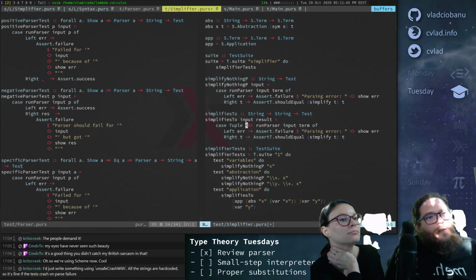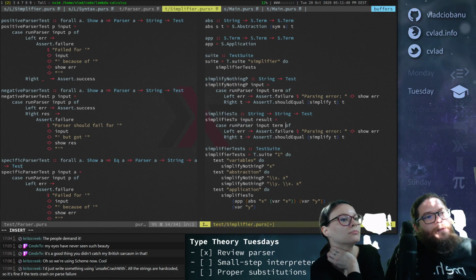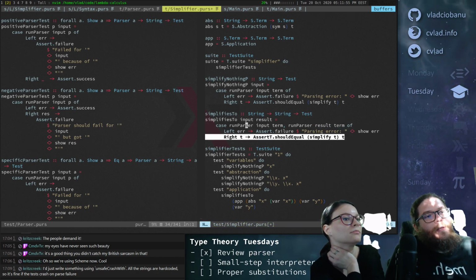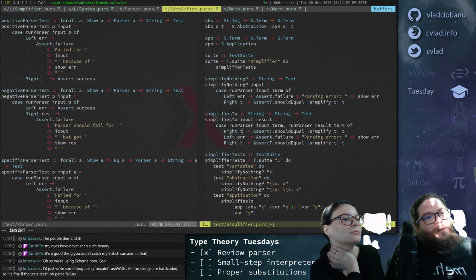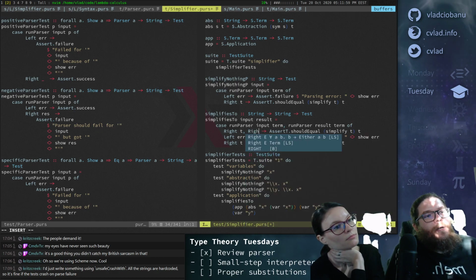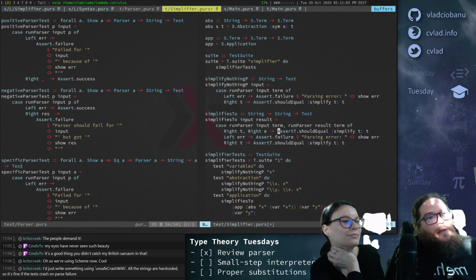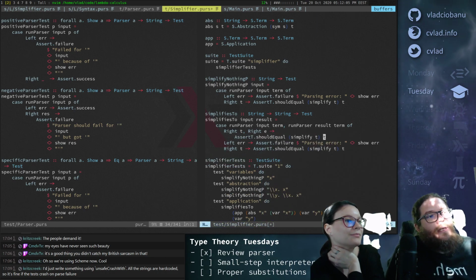Actually, we don't need to do that. I've learned that we don't have to do that, and we can do this. So if we have, okay, let's do this happy path first. So write term, write expected, and simplifying the term should be expected, right?